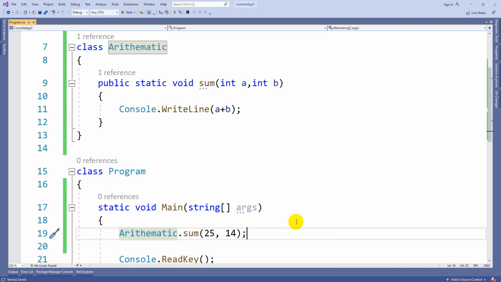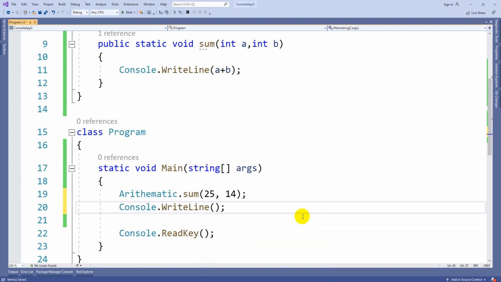Now if you recollect, Console.WriteLine is a function under the Console class. Instead of creating Console c1 is equal to new Console, since the WriteLine method is a static method, directly I can call Console.WriteLine, Console.ReadLine, Console.ReadKey. These are all static methods.